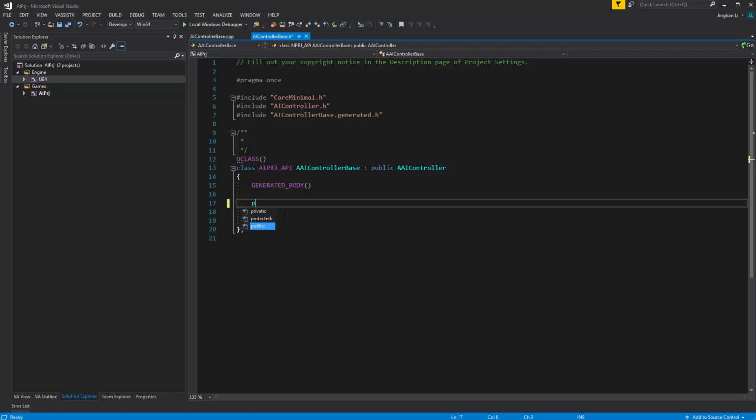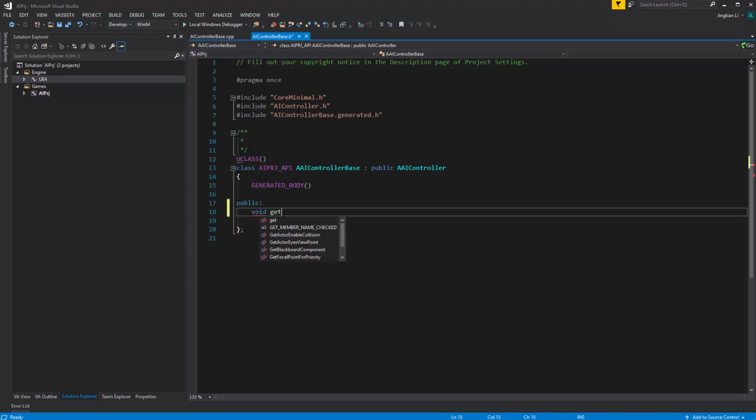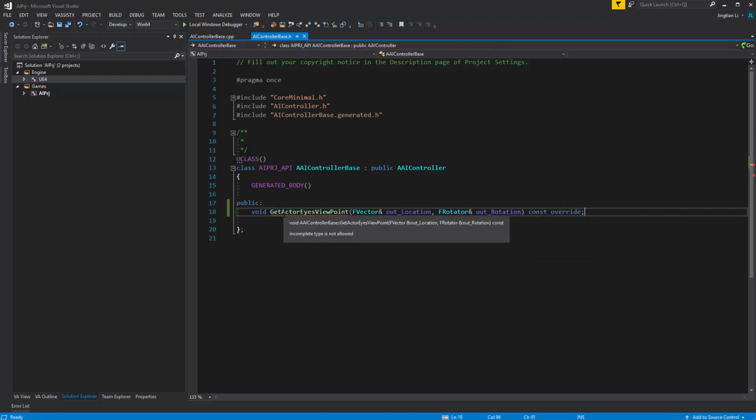So let's do some coding here. I'm going to create a public function, an override basically, and we're going to override a function called GetActorEyesViewPoint. This one, actually the other one, this one. It's a constant function. I'm going to override that. You can copy whatever I'm typing in here. I just override that. And then what I'm going to do is copy it,